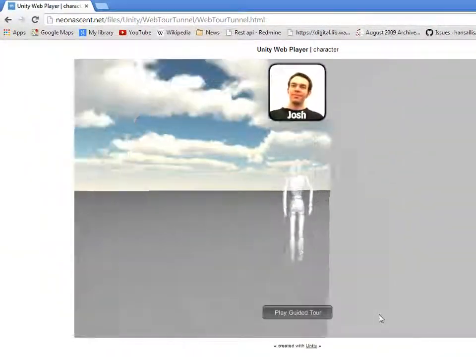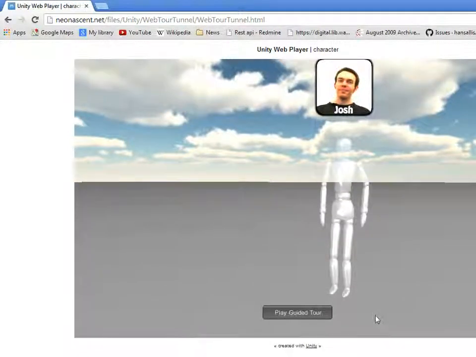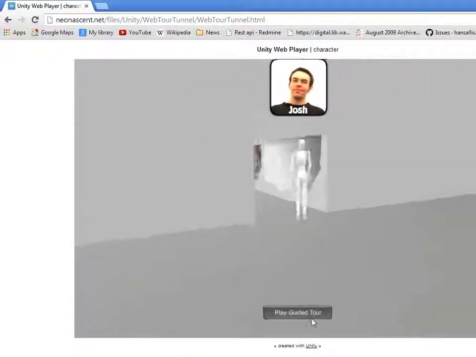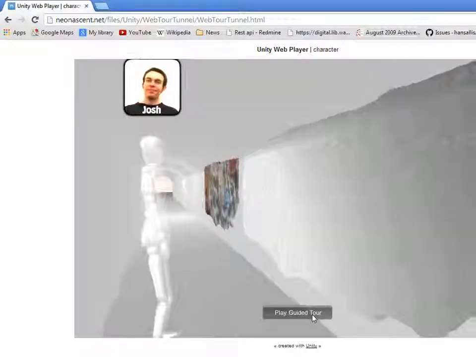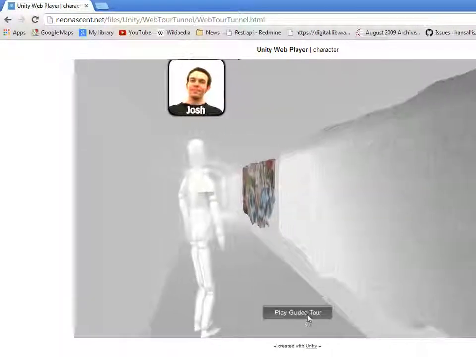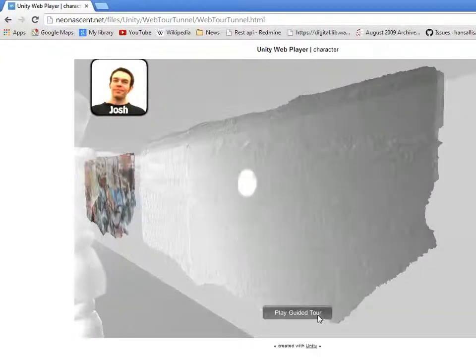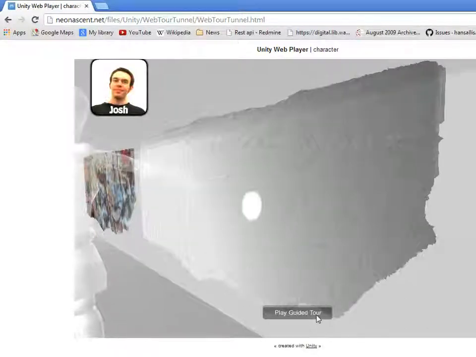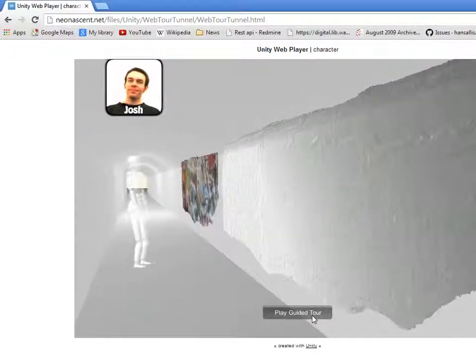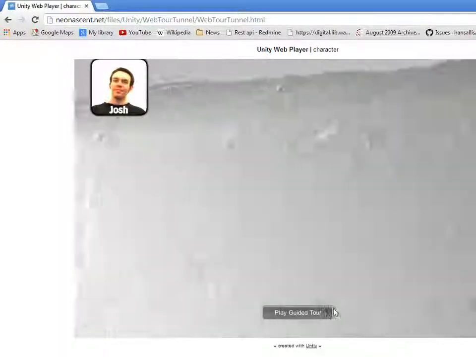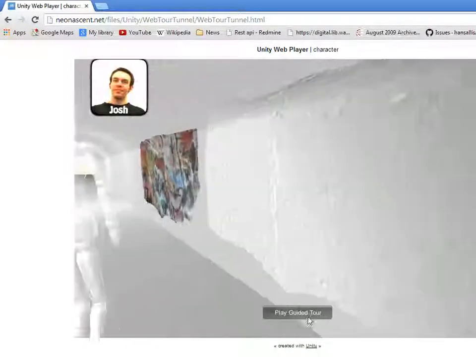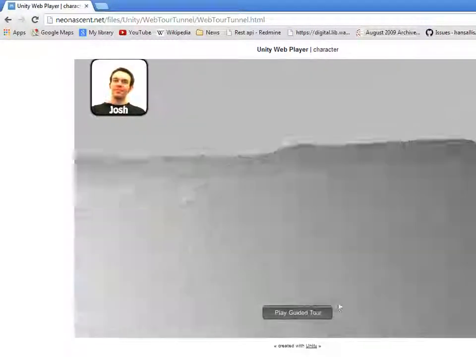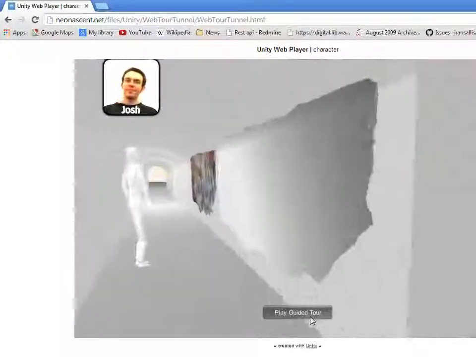So what I have here is one small section of the tunnel in Newtown that I'm aiming to reconstruct. I'd just like to show you sort of what the outcome would be and what the guided tour system is like as well. So this bit of the wall here is just a demonstration of the geometry of the wall that's been reconstructed. I was just using some very quick images taken with my mobile phone. I think it might be just 9 or 12 images